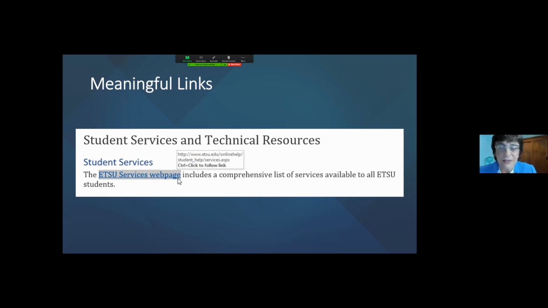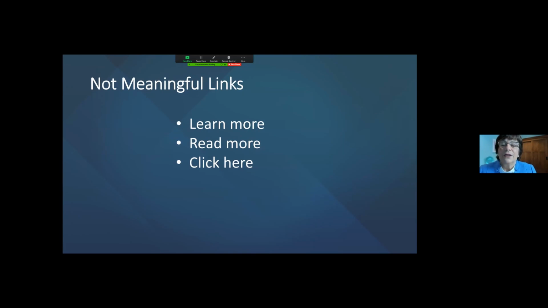That helps the screen reader understand where it's going. Here are some non-meaningful links, so don't use these. You look at your website and see, does it say learn more, read more, click here? Get more descriptive when you're writing the meaning for these links so that people know what it is it's going to.